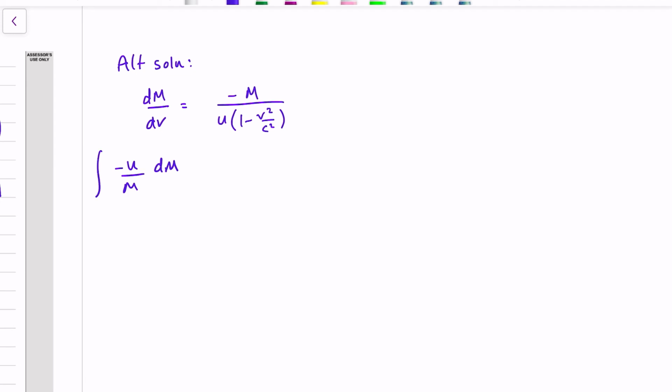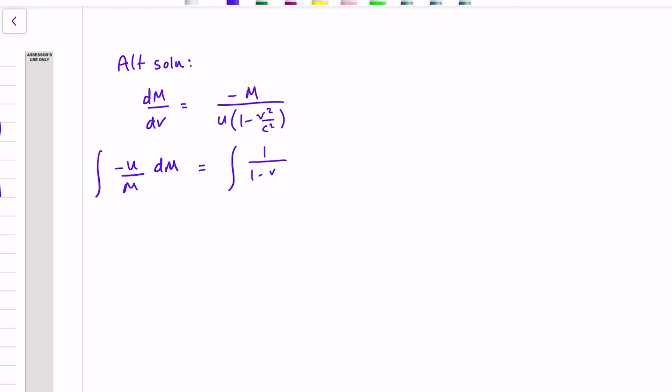Okay, an alternative solution to solving this problem is to look at using partial fractions. If they expected you to do it this way, they would have given you a hint to solving it. But of course, this differential equation gave us the solution. So we didn't need to integrate, but it is possible to integrate. So if we start off with the dE again, and this time we separate the variables. So we can take the u up the top left, the minus m down bottom left, dm, integral, and then the right hand side take the dv up the top. We've got